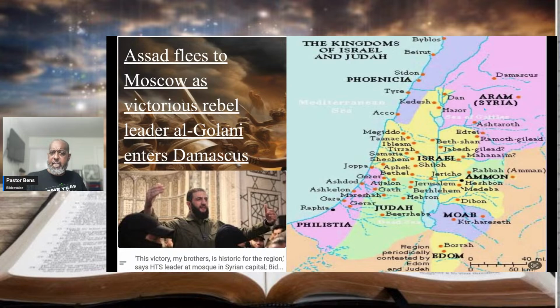Syria is the modern day name of this area, but during the kingdoms of Israel and Judah, it was called Aram. Are y'all with me? Today it's called Syria. So we're looking at this area today, and if we look up here and see Damascus, Damascus today has been taken down. All right. And so watch this. What do you mean taken down and ruined?